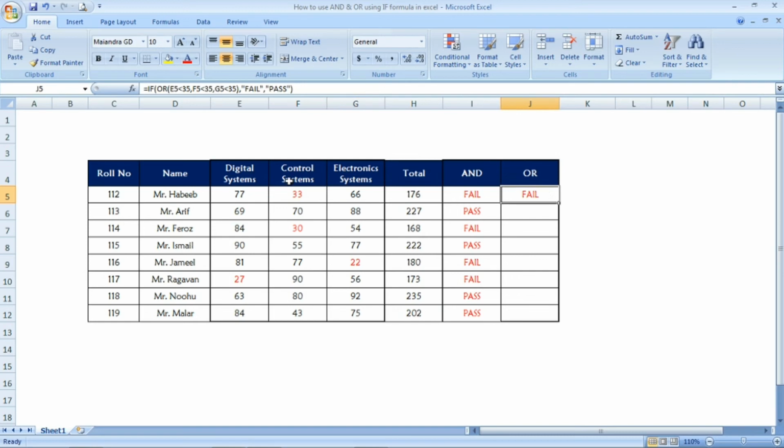Now I am going to copy the same formula to the rest of the cells. It will give the result based on the marks. See here, I have copied the formula to the other cells, and wherever I have red color, all the red color marks are failed, so it's matching all of those, by using the logical operators AND and OR. This is how you have to use the AND operator and OR operator with the IF formula. It's very easy, and this can be very helpful for you in future videos also. In advanced Excel, you have to use most of the formulas with AND and OR like these.